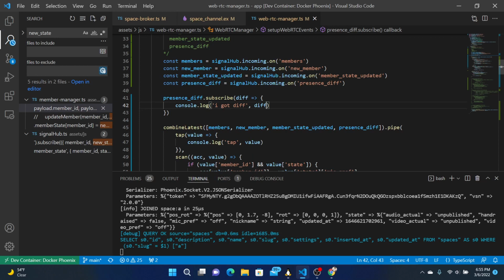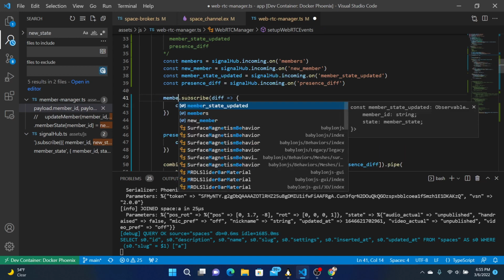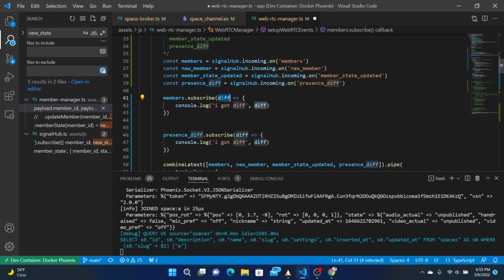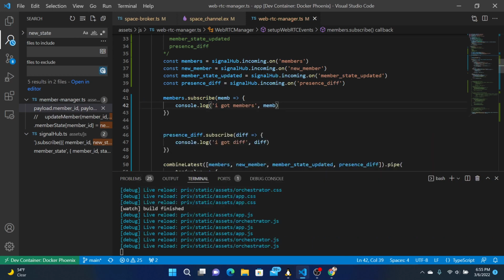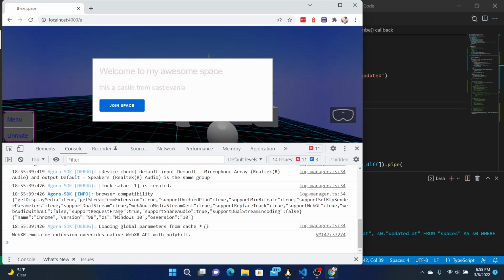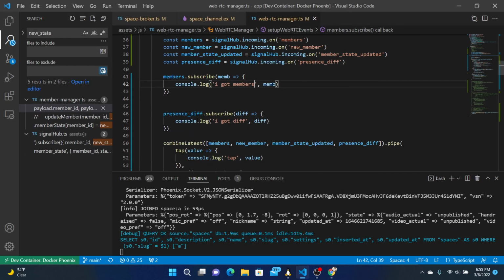We should also get a member, let's say, we shouldn't get new member, but we should get members. So, how about members? Members, member, remember, member. I got members. So when we join, boop, I got members. So now you got both of these. Now if you combine both of them,